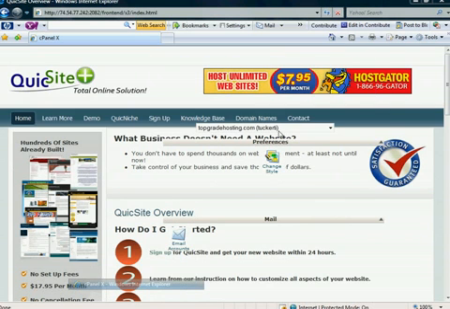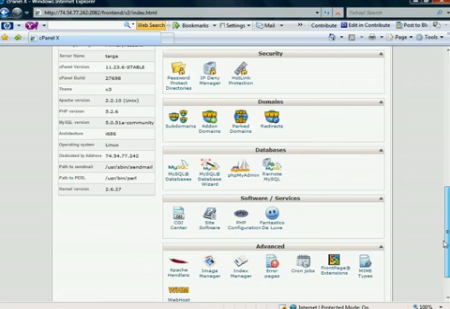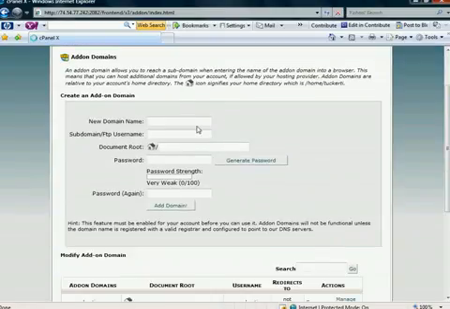Assuming you have logged into your cPanel account, you want to scroll down near the bottom. And there's going to be a section called domains, and of this you'll see subdomains, add-on domains, park domains, and redirects. Of course we'll want add-on domain, so click that. And when you do it, it's very straightforward, very simple. It's just a couple fields to fill out here, and